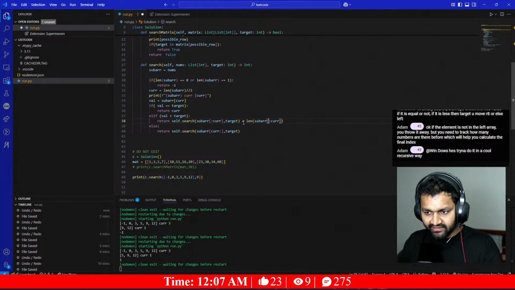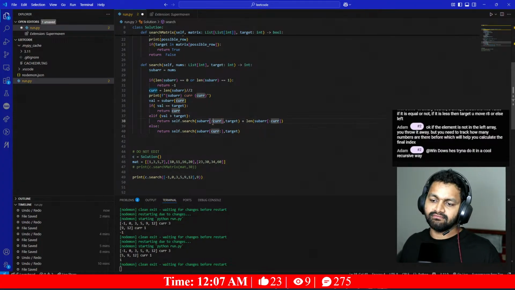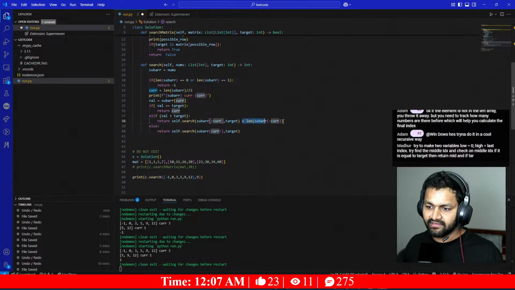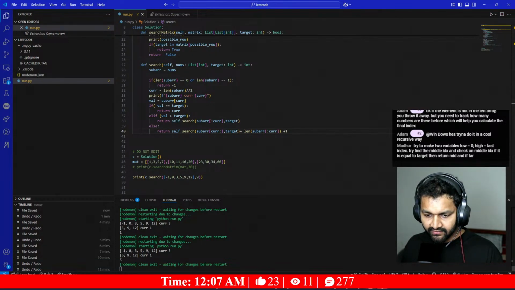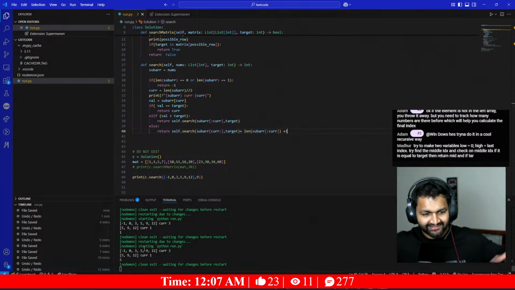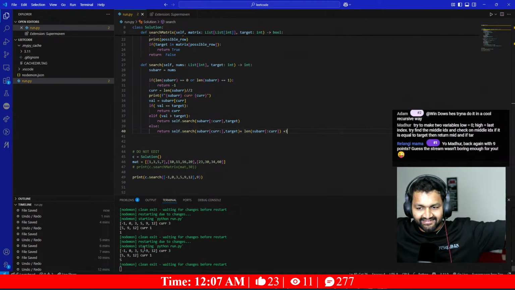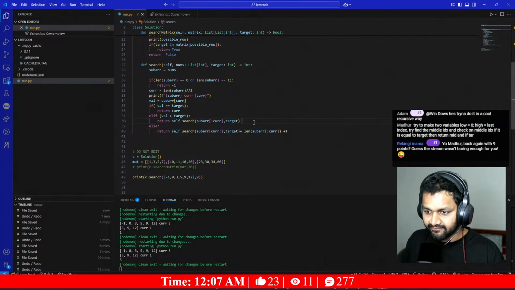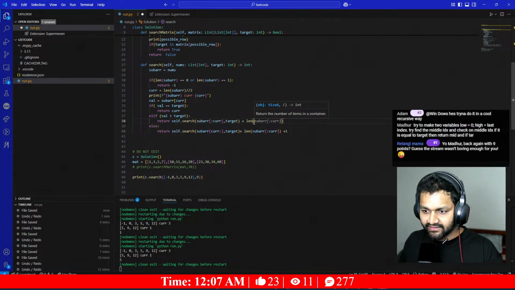So I need to make the length, I need to plus and see the length of this sub array, if the value is greater than that. So yeah, basically I need to place it here. It should be this one plus 1, 5, 1 2 3 4 5. Okay. So plus length of